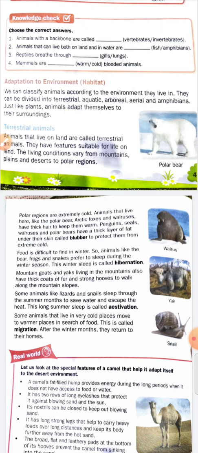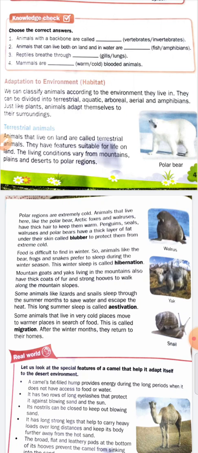First of all, we will take the terrestrial animals. Terrestrial means land. The animals that live on land are called terrestrial animals, and they have features suitable for life on land, and the living conditions vary on land. It means they can live on mountains, plains and deserts, to the polar region. You know student, polar regions are extremely cold. Animals that live in the polar region, for example polar bear, arctic fox, and you can see the walrus also,